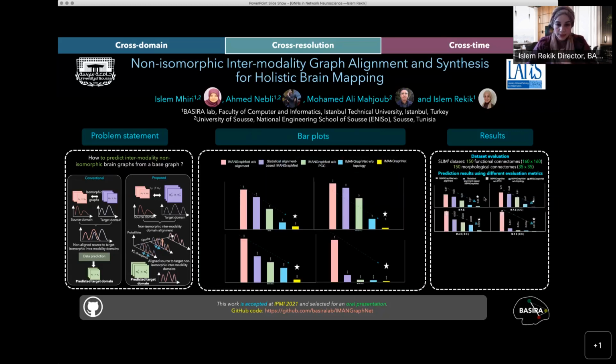And I'm going to present here the results. So here we had different ablated versions and different ways of doing alignment. First we have Iman GraphNet without any alignment, and you can see we have the MAE error here, which is the MAE between the ground truth graph adjacency matrix and the predicted one. This is MAE in closeness centrality, a topological measure, MAE in betweenness centrality, another topological measure, and eigenvector centrality. And you can see that without any alignment, we had the largest error.